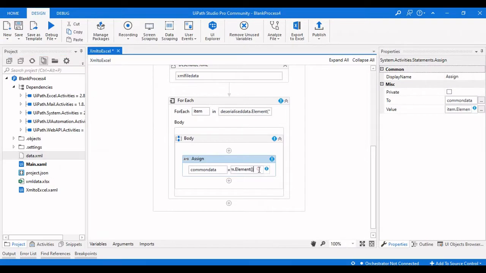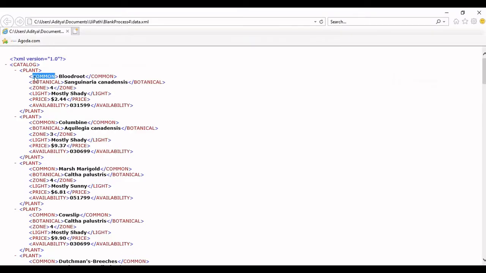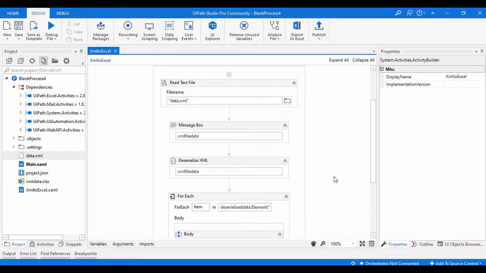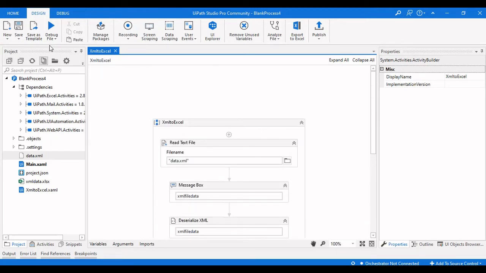So we can mention there common dot value. So here we will get the common data value of every item in this particular XML, and now we will check this once. If this works, we can move forward.